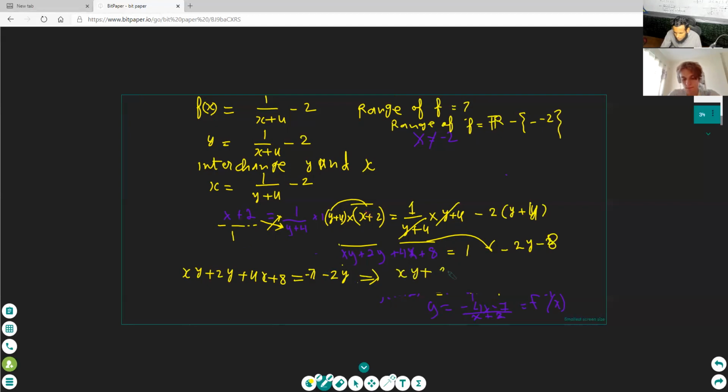This 2y comes here, and then we write 4x minus 4x and minus 8 minus 7, we get x plus